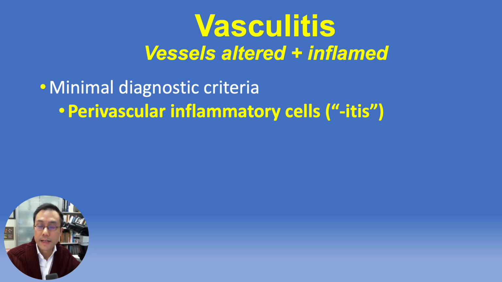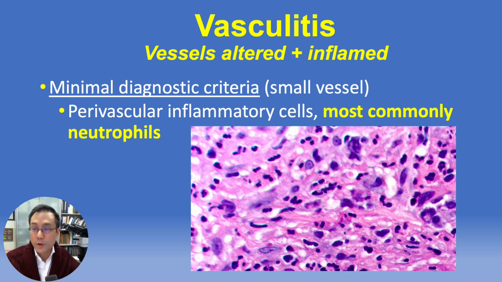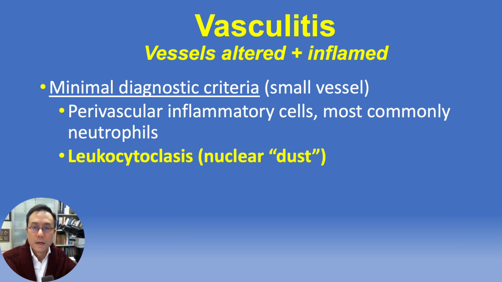So, vasculitis. From the perspective of a dermatopathologist, what are the minimal diagnostic criteria? Well, it's an itis, so we can expect that there will be perivascular inflammatory cells, just like with every other form of itis. In the vast majority of instances in vasculitis, those cells include neutrophils. But more specifically, we need to see leukocytoclasis, or nuclear dust,